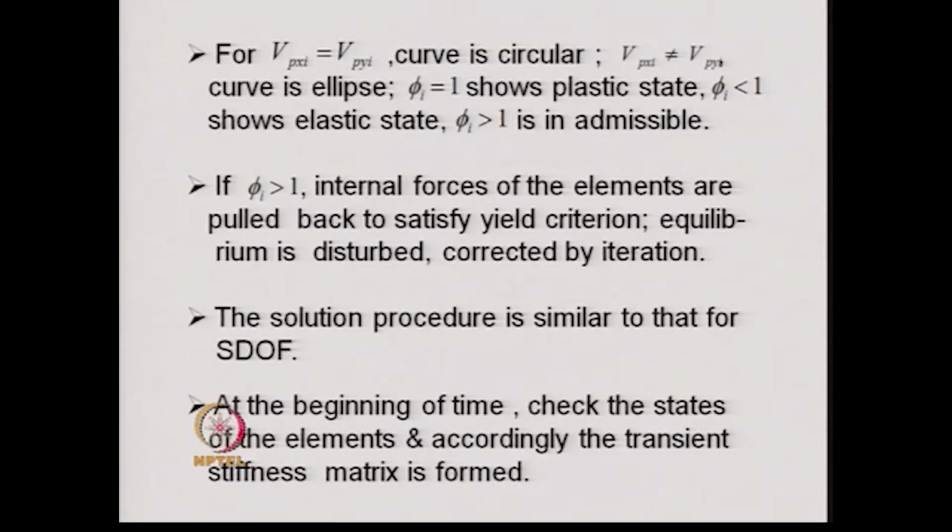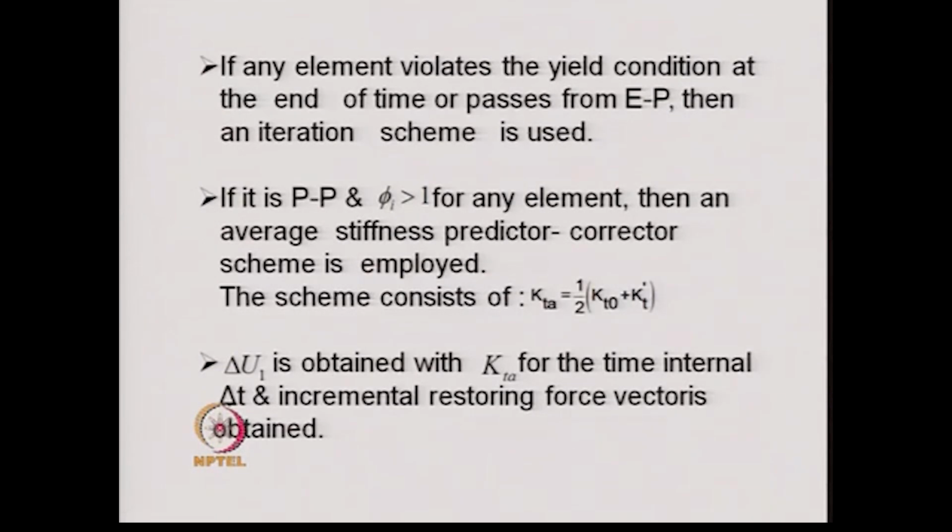At the beginning of the time step, we check the states of the elements and accordingly obtain the transient stiffness matrix, and once we get the transient stiffness matrix, we find the solution and check the stresses in the elements, and if it violates the yield condition at the end of the time step or passes from elastic to plastic, then an iteration is utilized to correct the state or to make sure that the